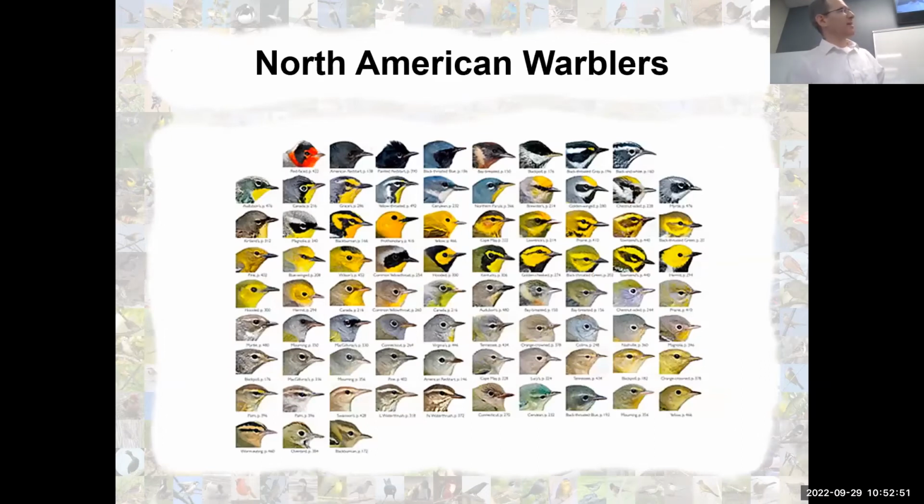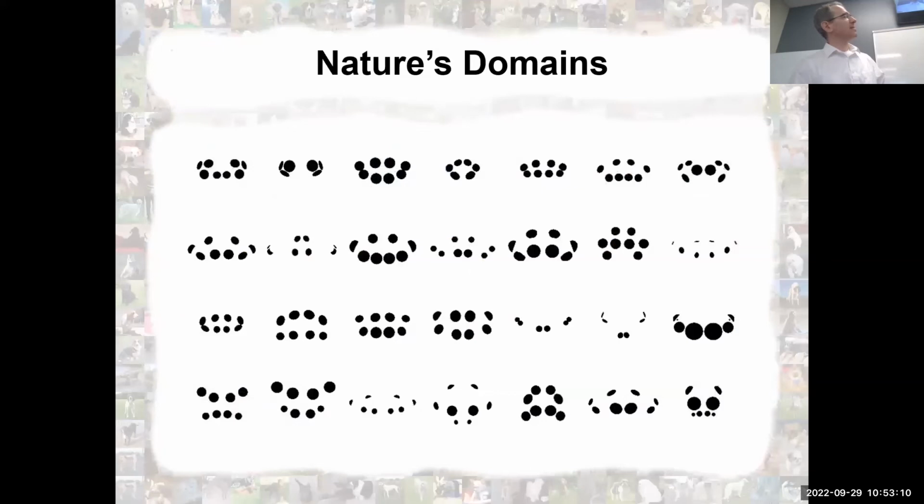So in nature, we have a lot of these. Another family of birds that's common in the US is called the warbler family. And you can see a whole bunch of them, some of which look very similar, right? Some of them are yellow, some of them are more gray, but there's a lot of similarity between them and they're difficult to tell apart. Another place we see,